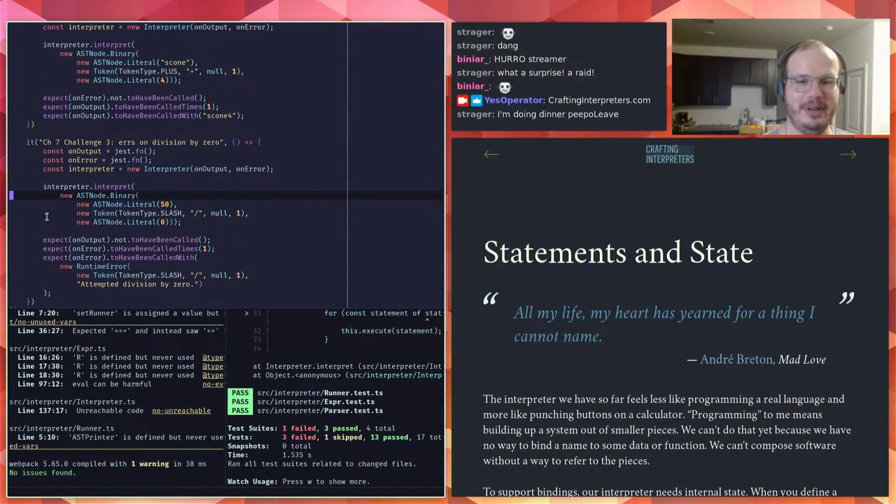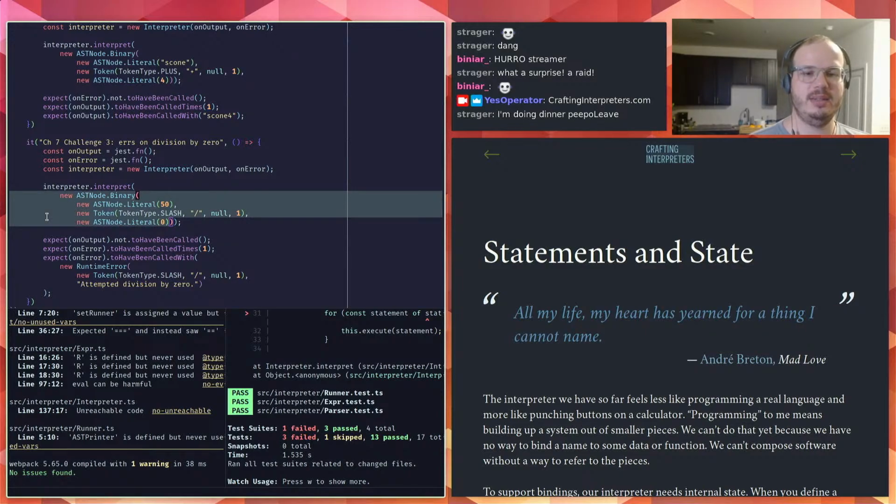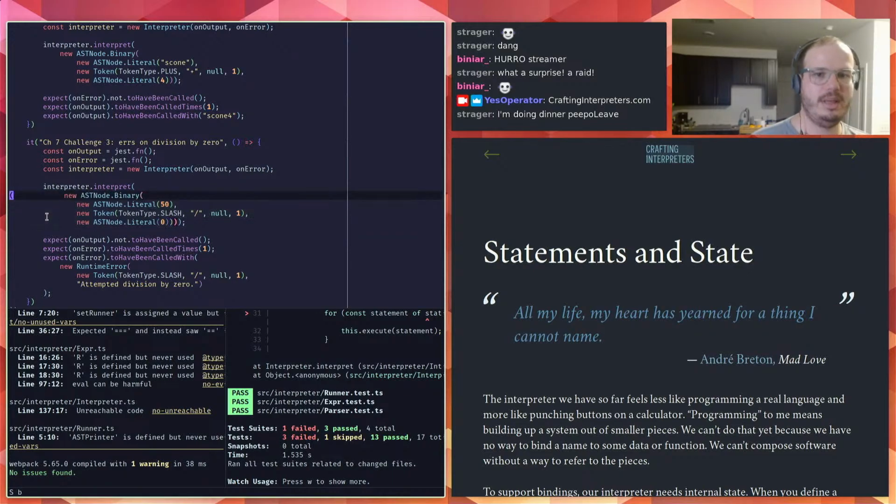So we'll make a new macro. Everything inside the parentheses, we want to wrap in another set of parentheses. Then we want to print.